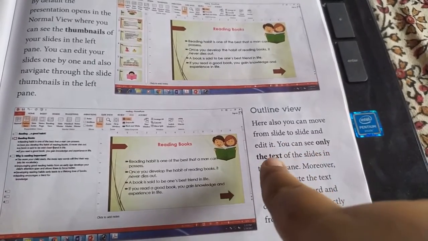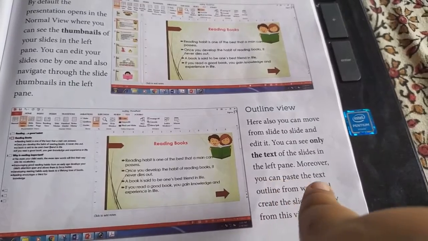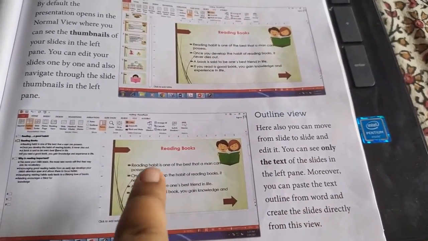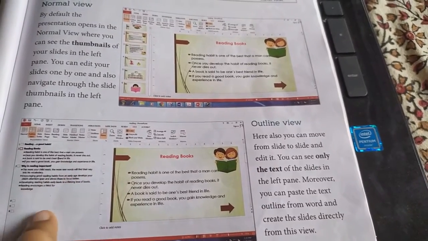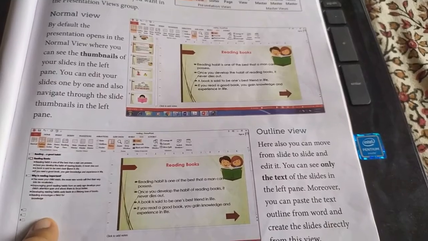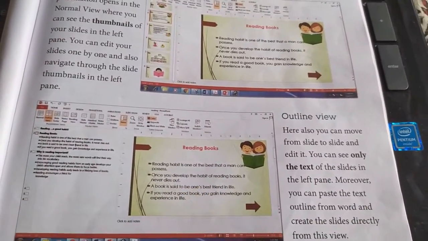We can see only the text of the slide in the left pane. Moreover, we can paste the text outline from Word and create the slide directly in this view. If we want to select anything, directly we can click on any slide and paste the document from Word or any other thing and use it as a slide in the presentation.